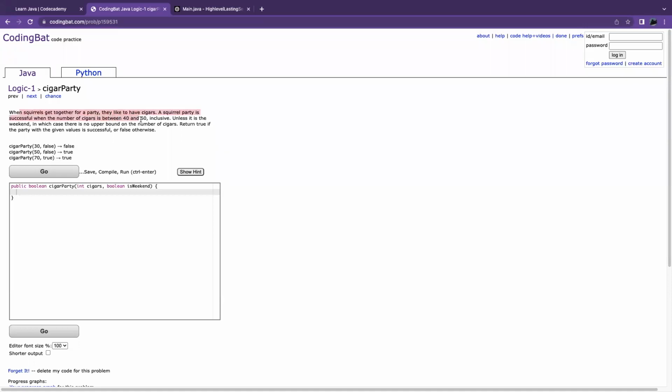When squirrels get together for a party, they like to have cigars. A squirrel party is successful with a number of cigars between 40 and 60 inclusive, unless it's a weekend, in which case there's no upper bound on the number of cigars. Return true if the party is successful given the values. So